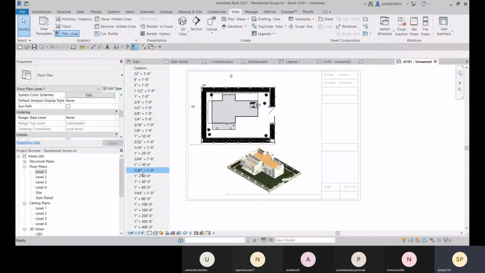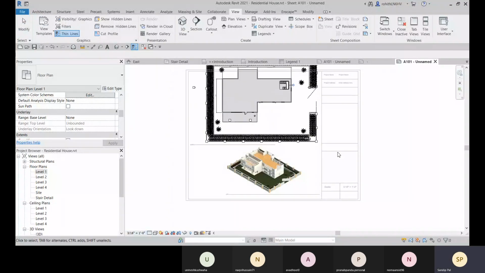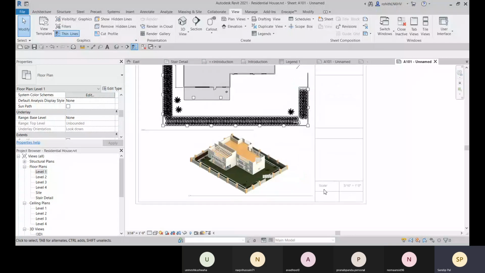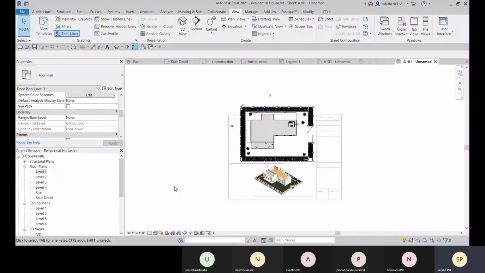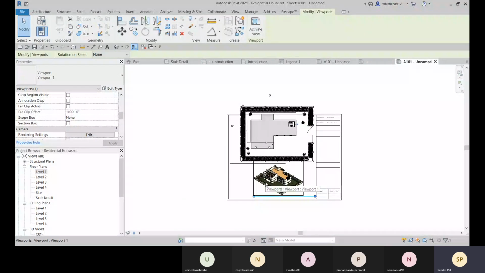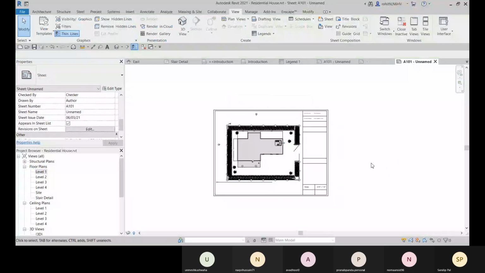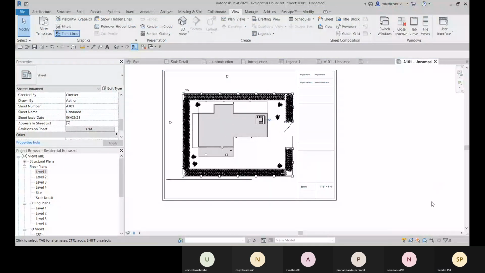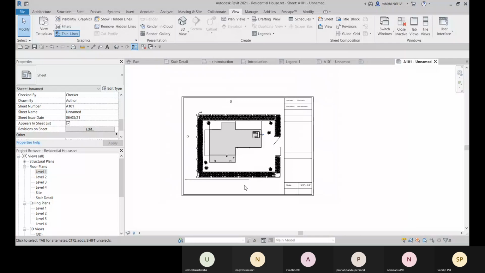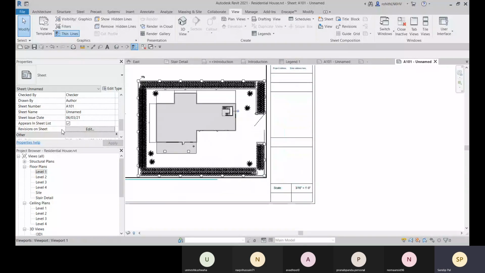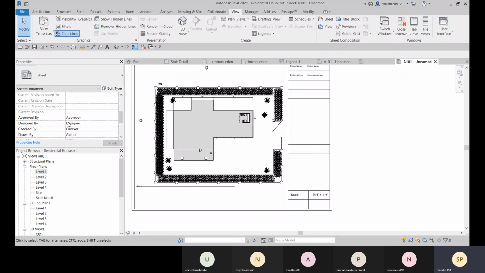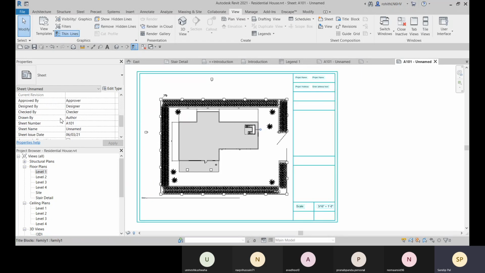And here if you change this, let me select it here, and here you can see the scale is updated, the scale is changed, and double click outside. If I delete it, I can place just this floor plan only. So I have created all this other information like the approved by. So these are not available here. Then this approved by and approver, all these designed by options, these levels are not added here.